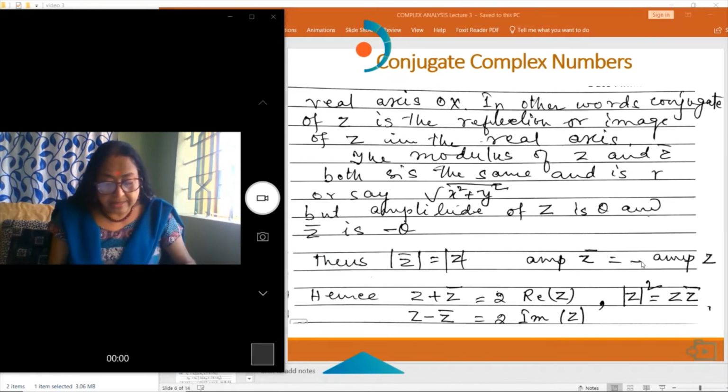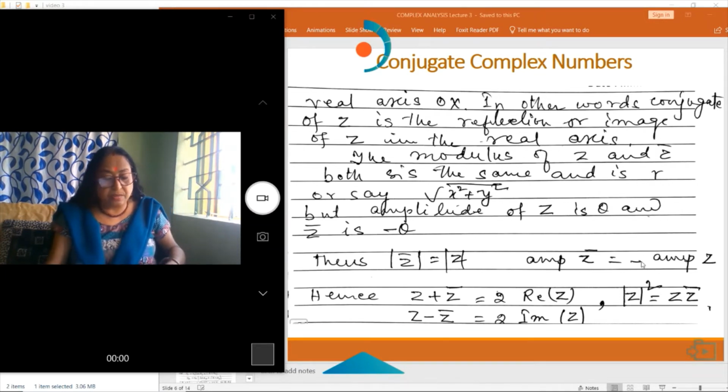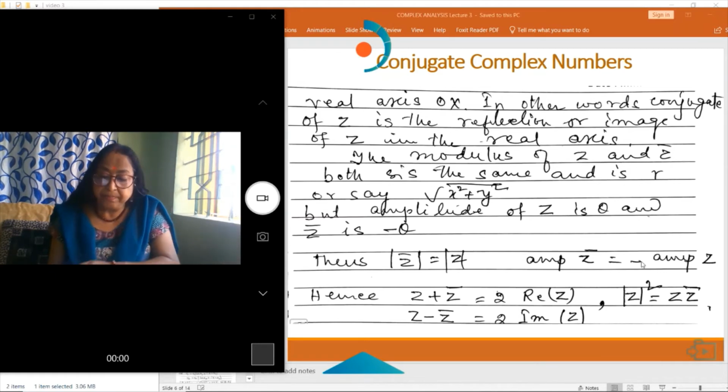So, hence, if we add z plus z bar, we get a real number, that is 2 real z. Also, z times z bar is equal to the modulus of z squared, and z minus z bar is equal to 2 i times imaginary z. These are very popular identities of z and z bar. Now,